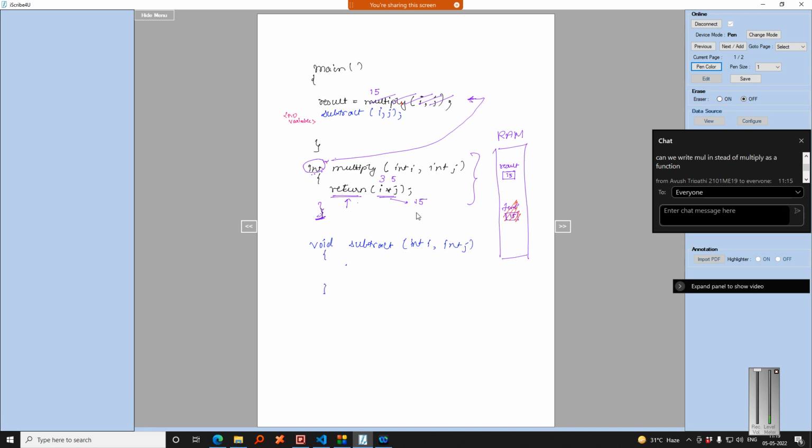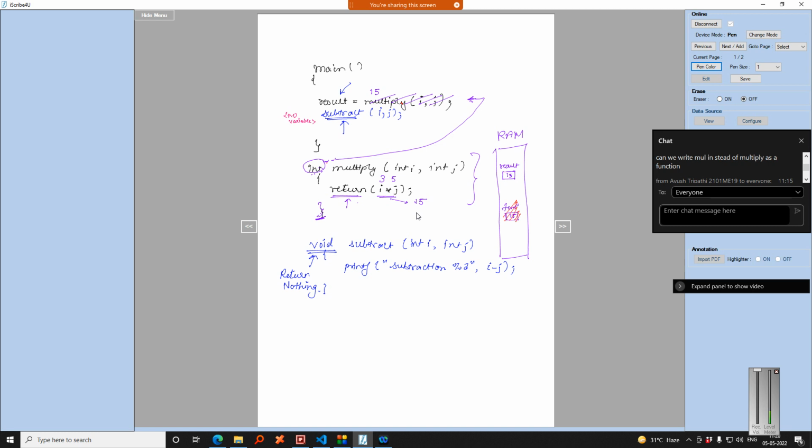I cannot return anything, so I am just doing a printf subtraction percent d I minus j, right? So now you can see the compiler knows that this will return nothing,